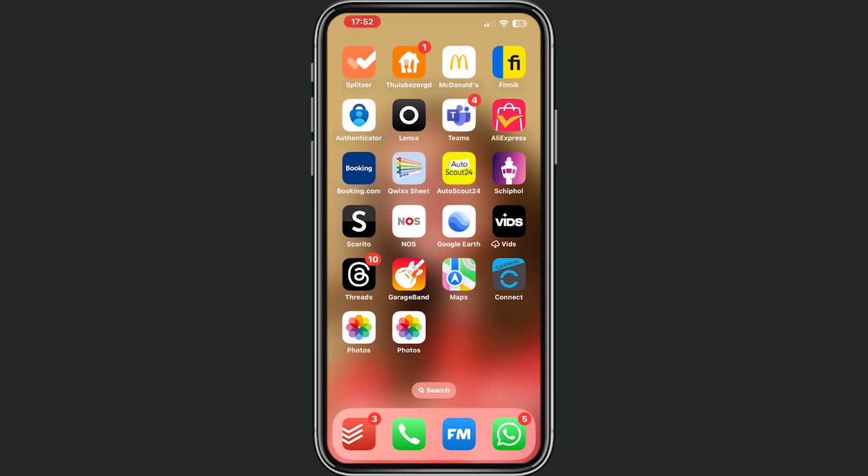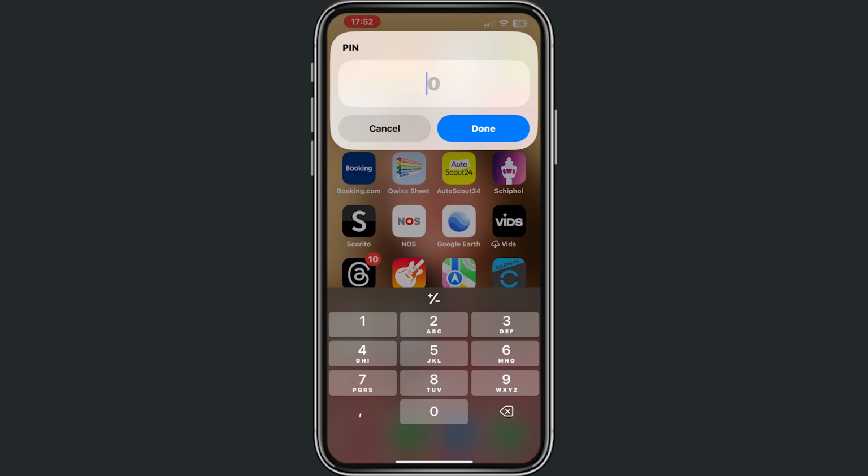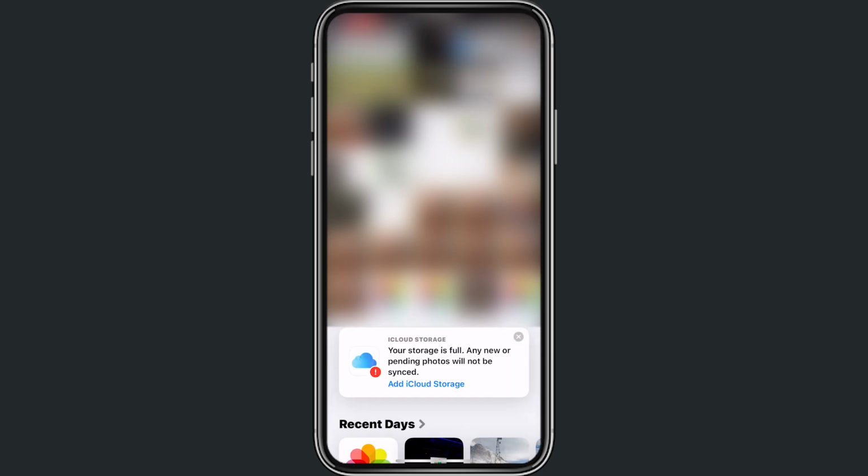So right now if I click here on the most right app, he will ask us for our PIN. And if you fill in 1212 and we click on done, you can see just right here that we are in my gallery. So this is exactly how this works,